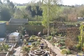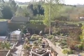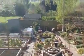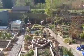We've got a family of badgers coming in every night, and they can do it easily. If we did have hedgehogs, they would roam about these gardens freely. Right, okay. First, I'll show you a little bit of history about how this garden changed over